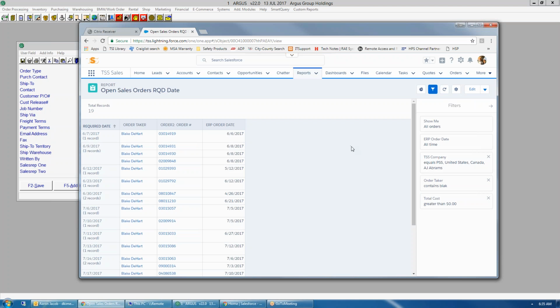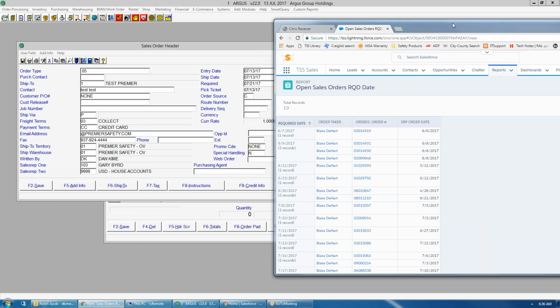All right, so see first name or last name, it'll bring up a person as the order taker. As we can see, this individual has a few items that are past due and should go in and get these orders looked at, go into SOE, look at them, and find out when they're going to be invoicing, fill in the new required date,